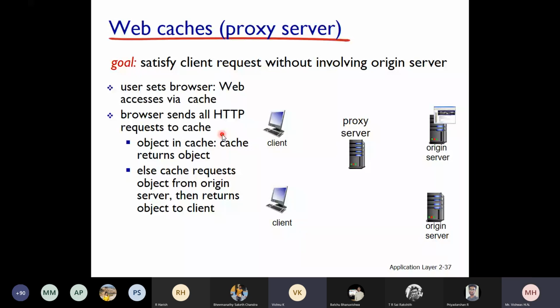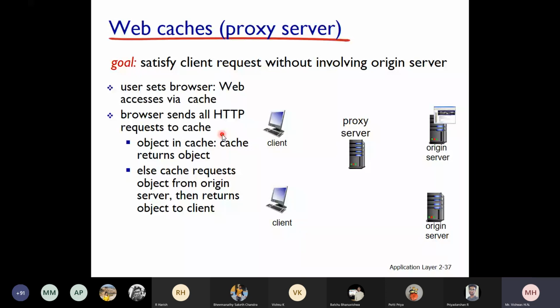Yes. Say for example, today I send a request to a particular website and I get the response, and that is stored in the proxy already. Next week I will send a request to the same website. The proxy has it and will give me that initial web page. Now, if the web page is updated, are you going to get the updated web page? No, you can't get the updated web page. You will get the web page which is already stored in the proxy server, which might be an old web page.